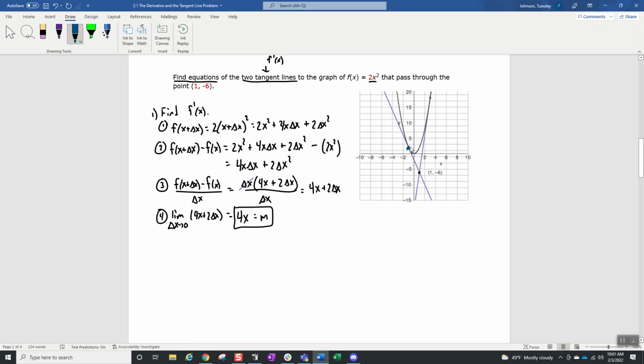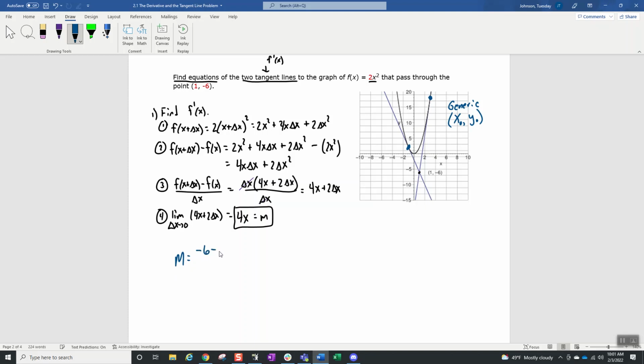We have no idea what this point right here is, or this one, right? We know it happens twice. So we're going to use a generic point named x0, y0. And we're going to use it just as a generic point. But look, this line right here goes through the point 1, negative 6, and through this generic point. So we know that the slope should be,